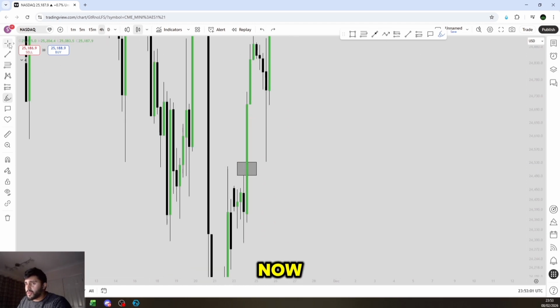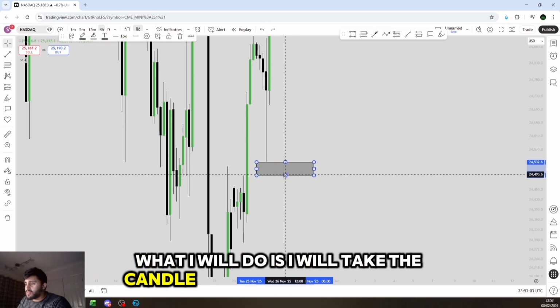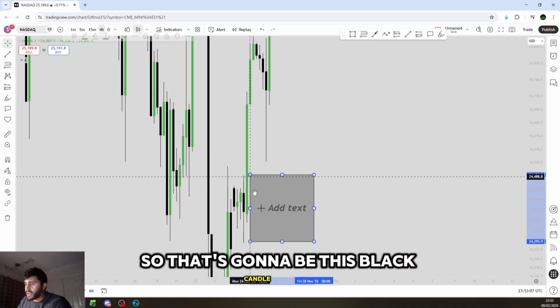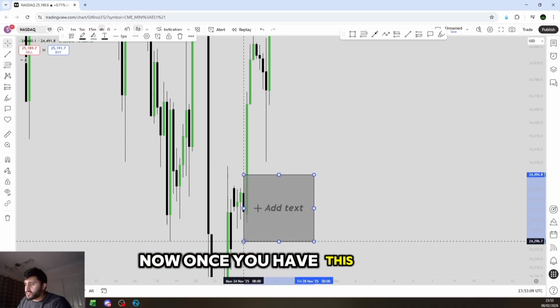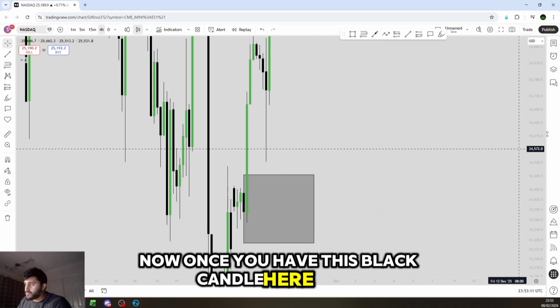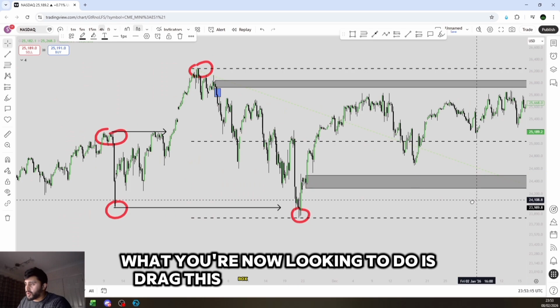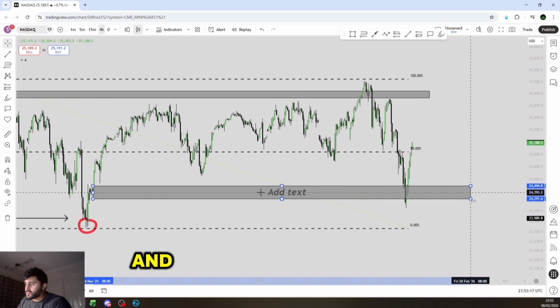So now what I will do is I will take the candle before the fair value gap. So that's going to be this black candle here. Now, once you have this black candle here, right, what you're now looking to do is drag this box over to the right. And so what you can see here is